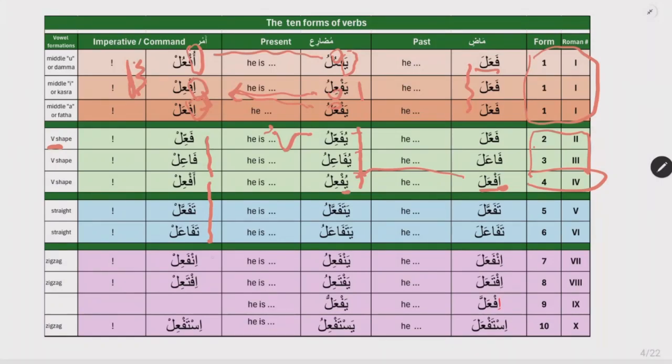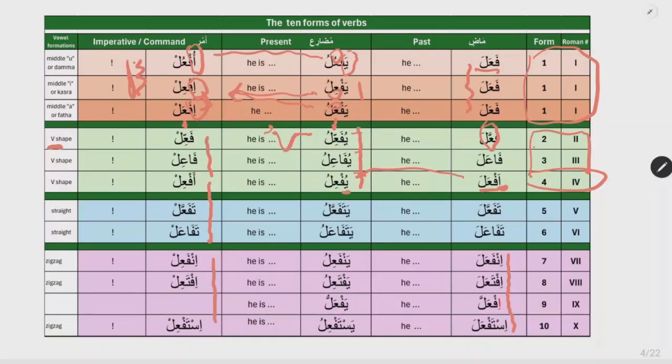As for these here, they do take alifs, but if you look, the alifs are in the past tense as well. So this alif is not to be confused with the alif nun yata. This is the alif of the verb itself. Okay. So here the main feature we're looking at is a tajdid. Can you see that the ayn got a tajdid? And that tajdid carries on even in this particular one, and even in the imperative,